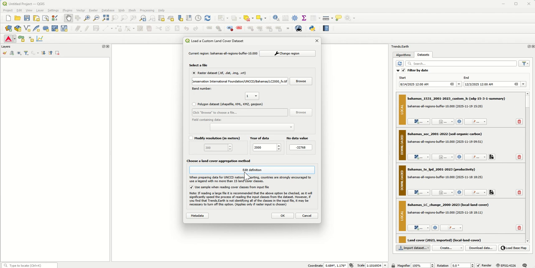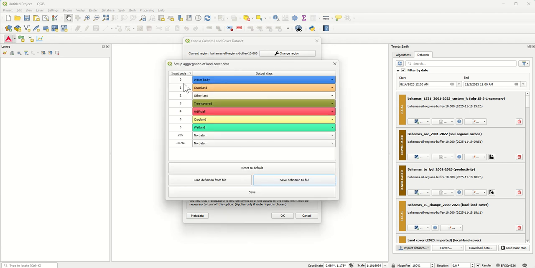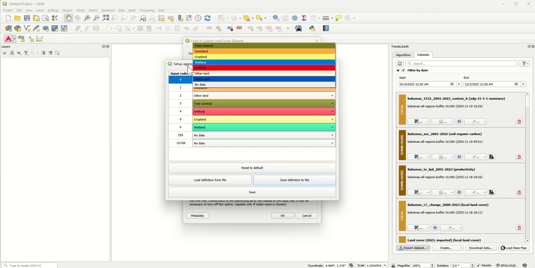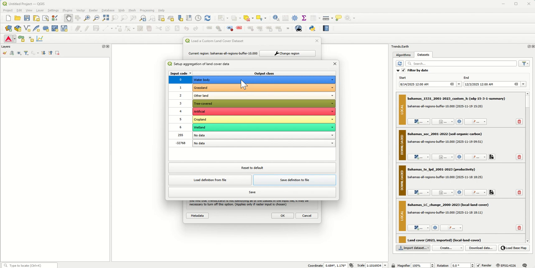And then obviously I need to tell Trends.Earth the equivalence between the original land cover codes and the ones that UNCCD recommends. I've done this exercise previously, so I know that 0 corresponds to water body, 1 represents grassland, and so forth.